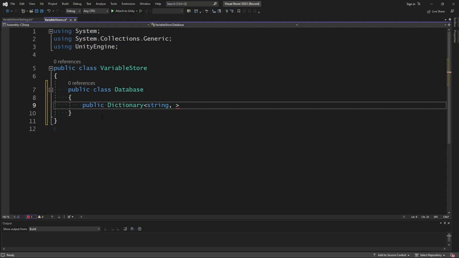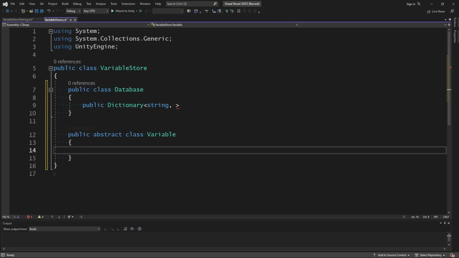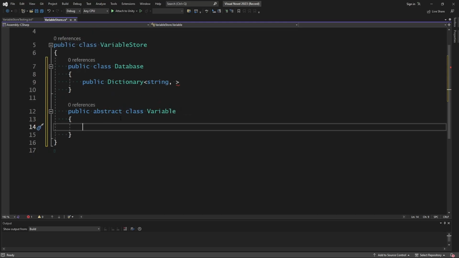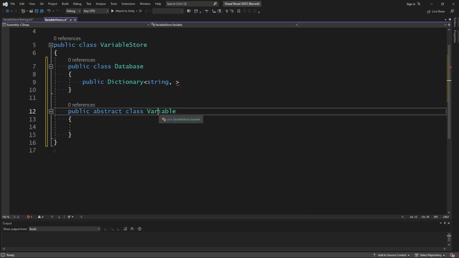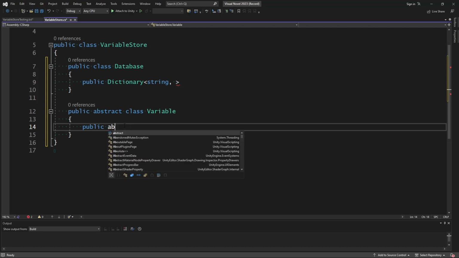So let's make a class for our variable type that any object can be a part of, and we can give it some functions that we can do to set and retrieve the value, which would be especially useful for our external linked variables. So let's go ahead and make a public abstract class for our variable. We want to abstract because we're going to make each variable of a different kind, and it's just going to inherit from this base class, which will tell it certain things that it can do. And the things that we want to be able to do with any variable, no matter what kind of type it is, we want to be able to get a value and we want to be able to set a value. So let's do public abstract